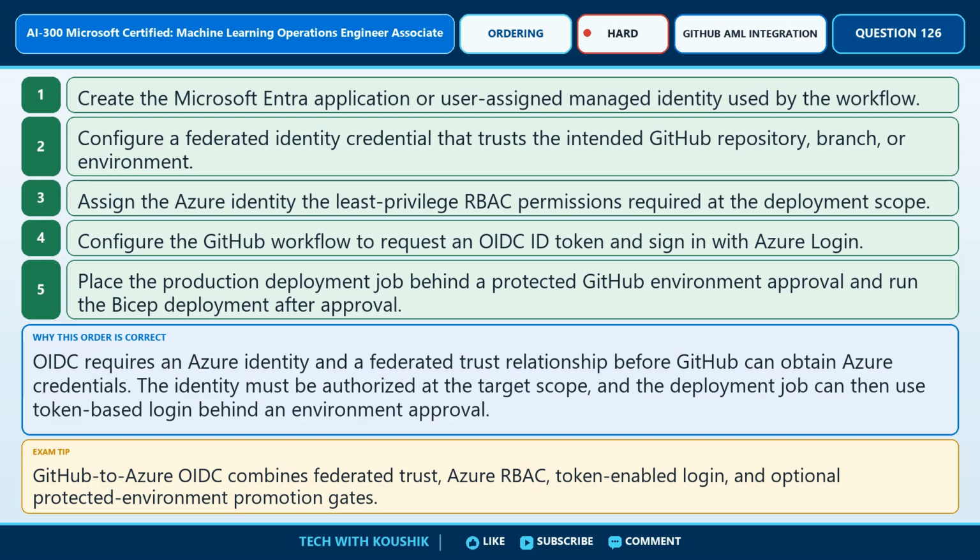The fourth item is configure the GitHub workflow to request an OIDC token and sign in with Azure login. The fifth item is place the production deployment job behind a protected GitHub environment approval and run the Bicep deployment after approval. OIDC requires an Azure identity and a federated trust relationship before GitHub can obtain Azure credentials. The identity must be authorized at the target scope, and the deployment job can then use token-based login behind an